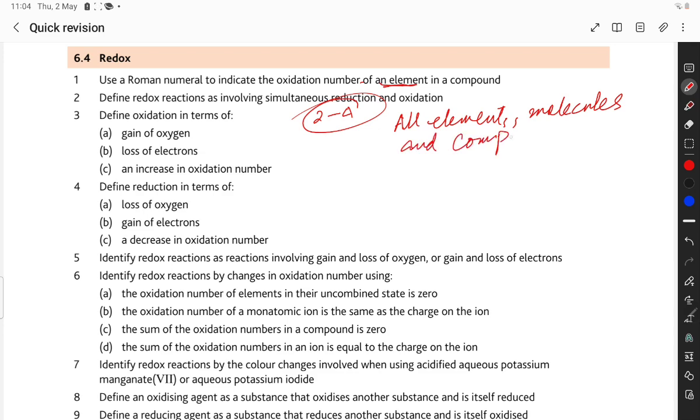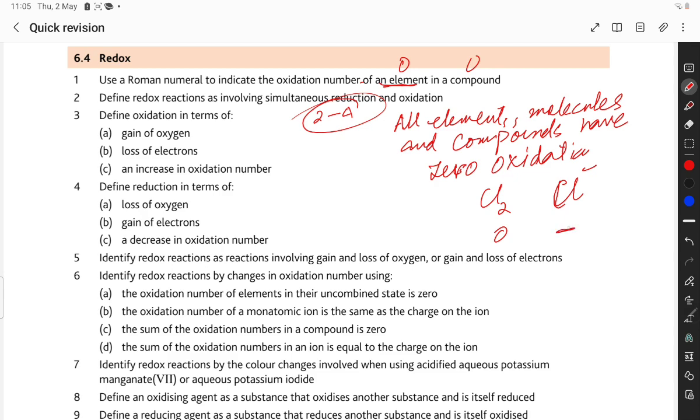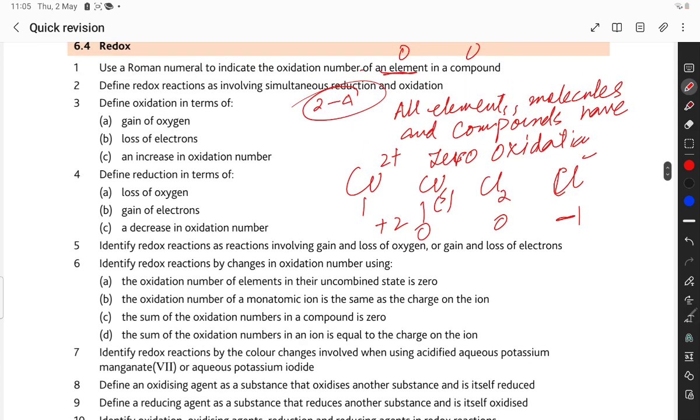have zero oxidation state, or zero oxidation number. Element 0, compound 0. For example, chlorine is 0. For the chloride ion, the oxidation number is -1. Similarly, the copper(II) ion has oxidation number +2 and solid copper has oxidation number 0. Please be careful